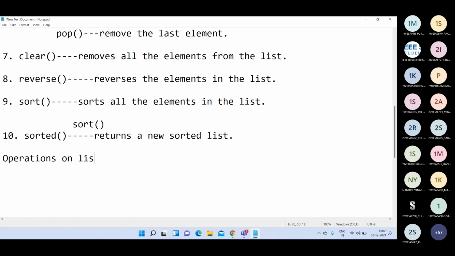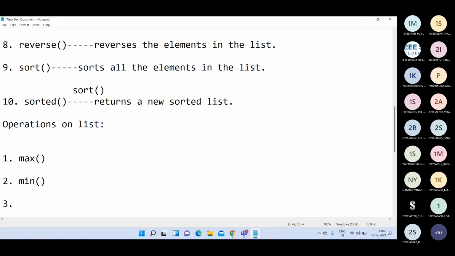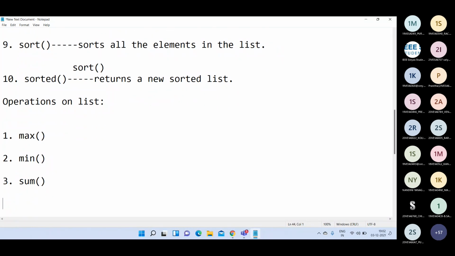Then these are all functions, and there are some predefined operations on lists. One is the max operation, the second one is the min operation, the third one is the sum operation, and the fourth one is the length operation.